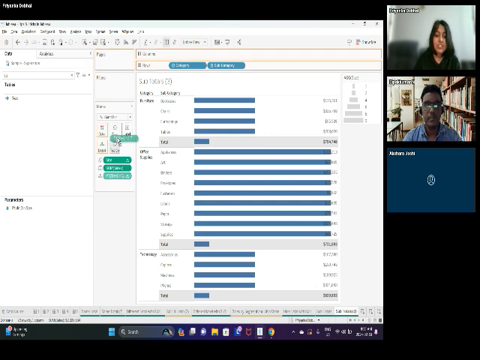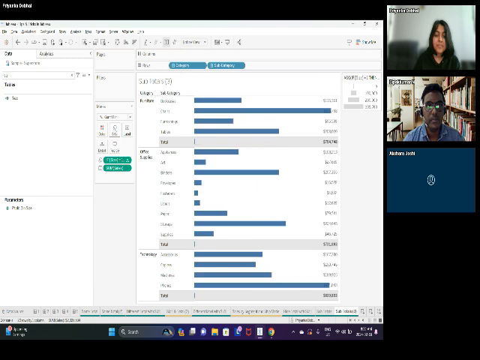Gantt chart. Okay, so we basically can't remove. Sorry about that.